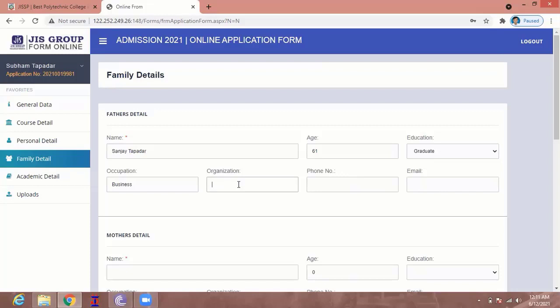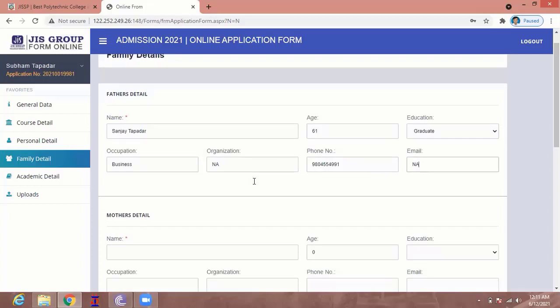If no organization is applicable, just put not applicable. And here put your father's phone number. After that, put the email of your father. If not available, just put not applicable.